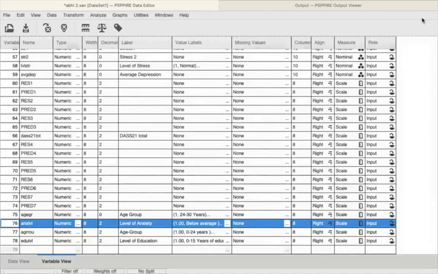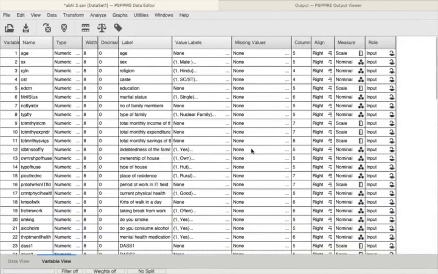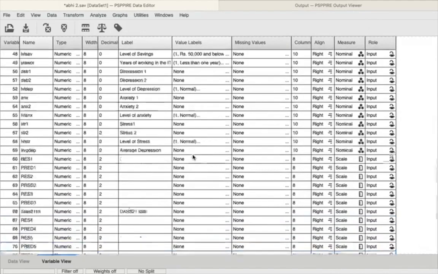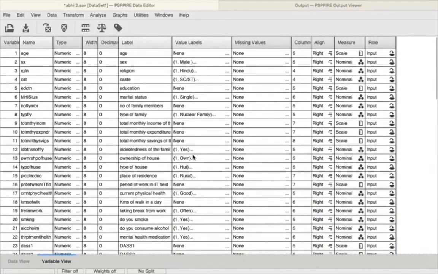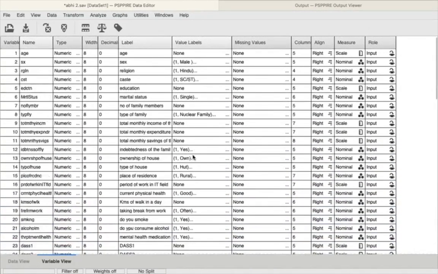Now, I want to find out whether belonging to male or female has an impact on your level of anxiety. In other words, whether there is an association between the gender of somebody and their level of anxiety.